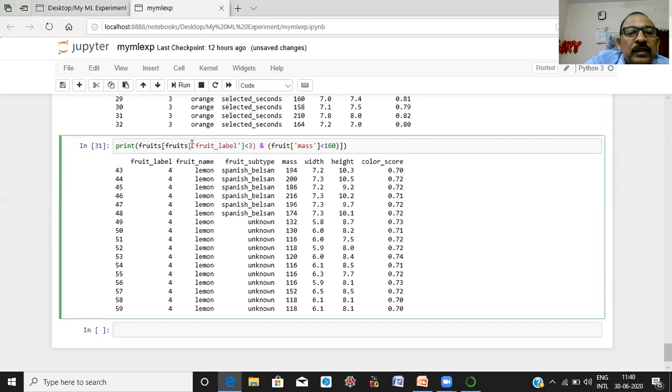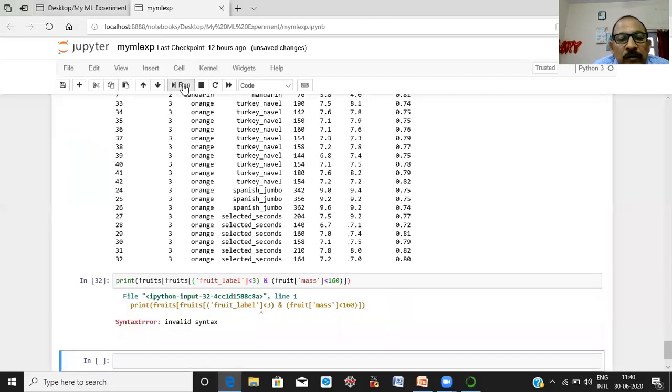Here you have to modify this. Okay, let us see. Invalid syntax, some error at this place.